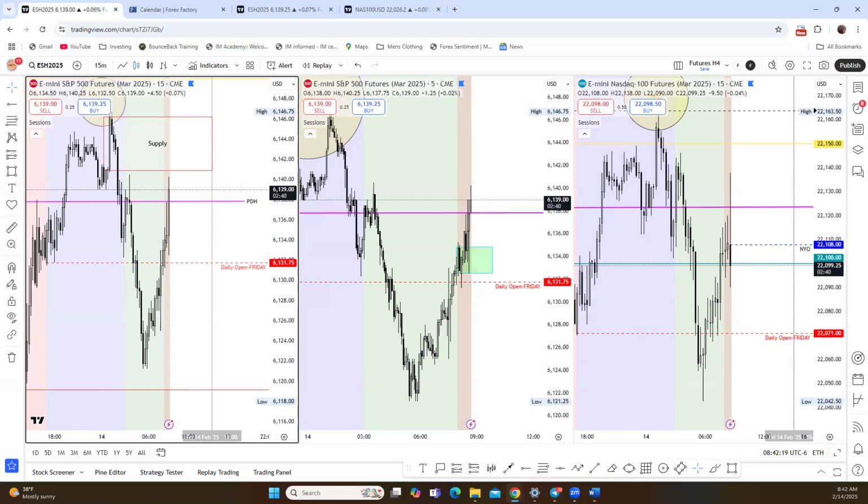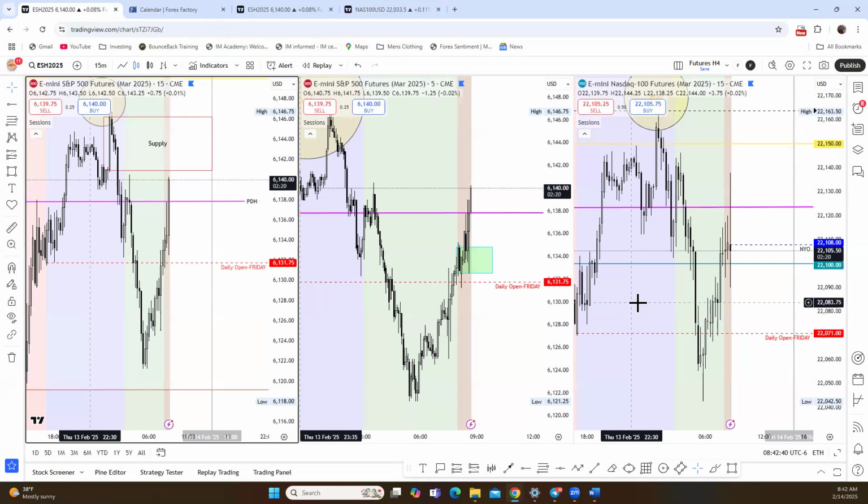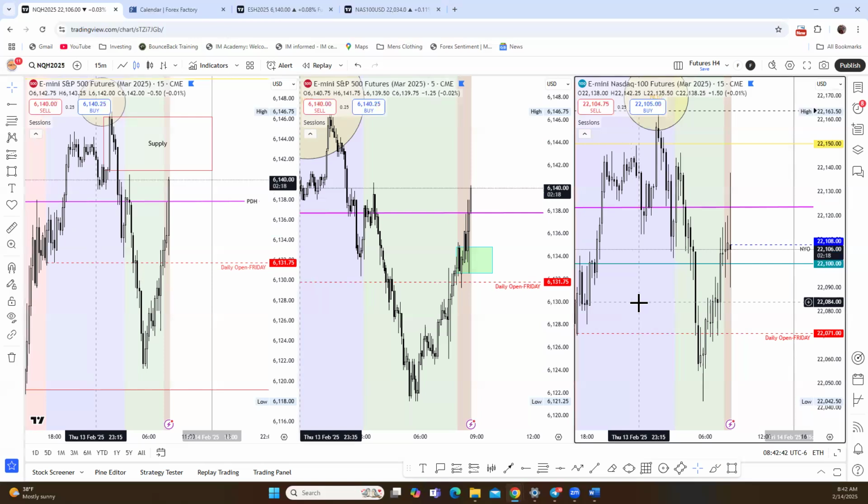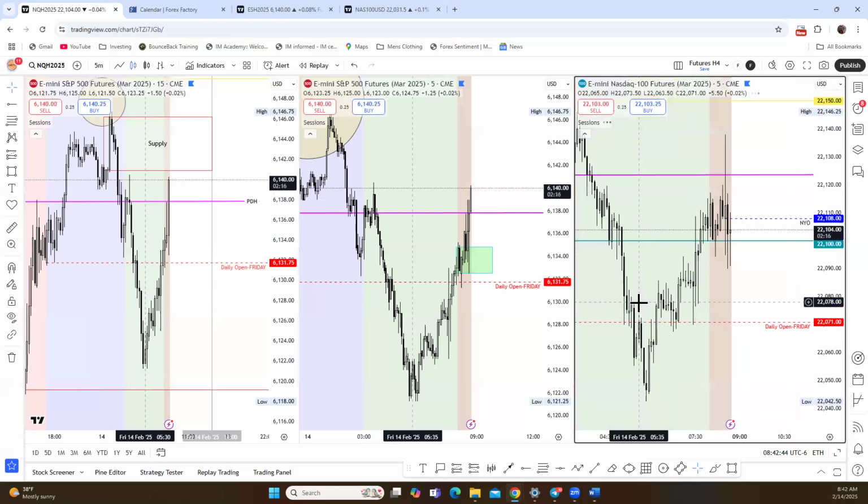So just knowing where London Open is there on ES and where that supply is and those 144s is key, because if you bought the low of day, right, the 122s or even just recently, you're wanting to give that back or think about what you need to do inside that supply, I would think. So NQ starting to look a lot better on that 5 minute. Now, since you already have the price moving up on ES, if we get close above New York here, that would show me for sure we're going to attack that wick.